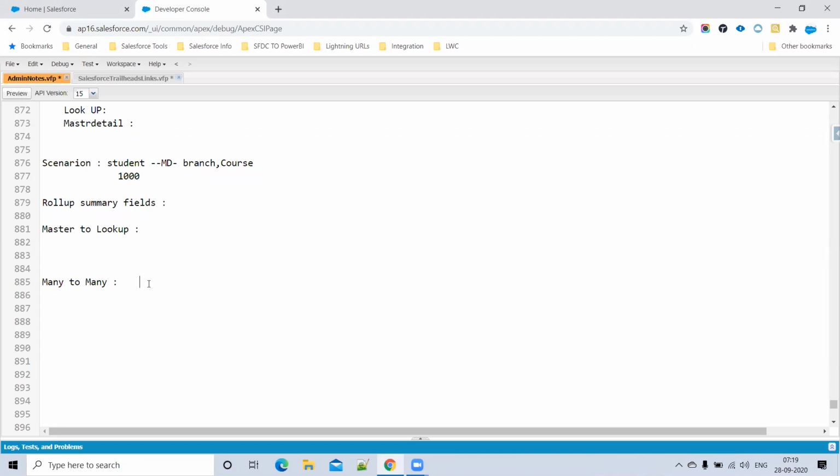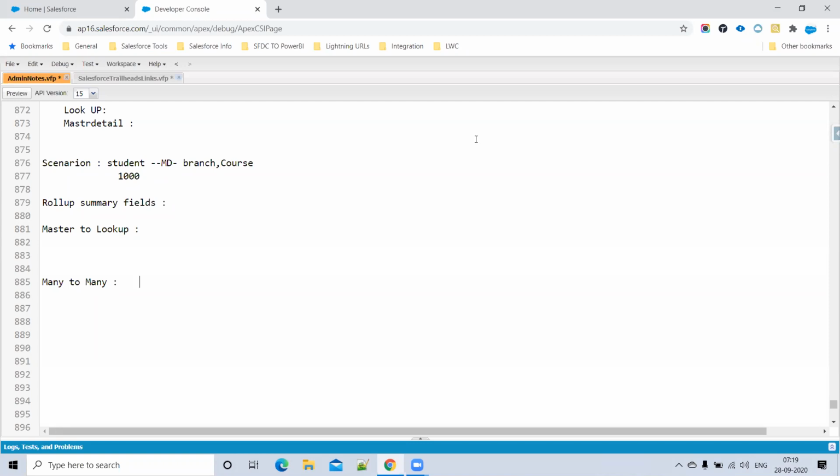Vinay? Srini? Okay. We'll take the example of product and price book. One product can exist in multiple price books, and one price book can contain multiple products.